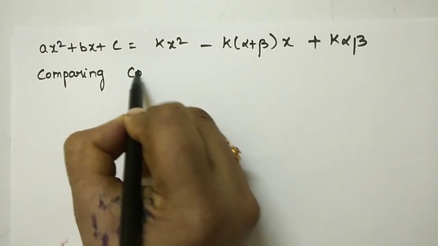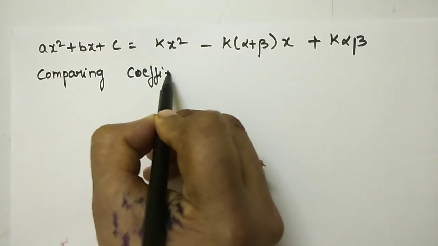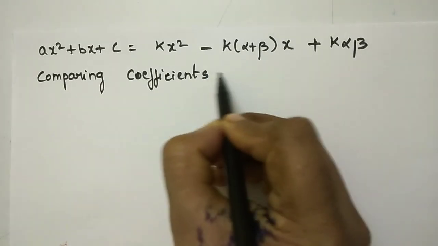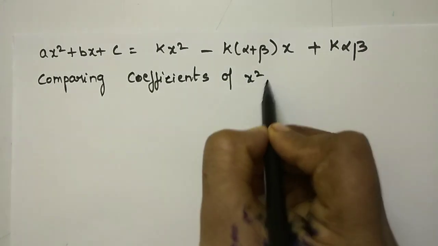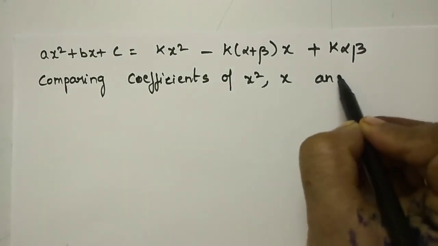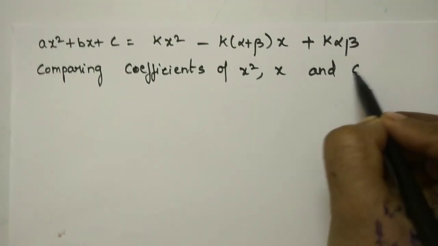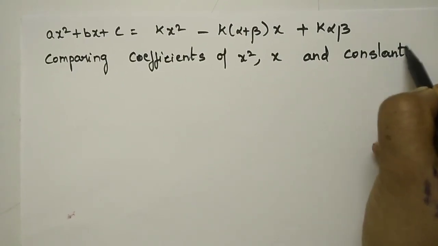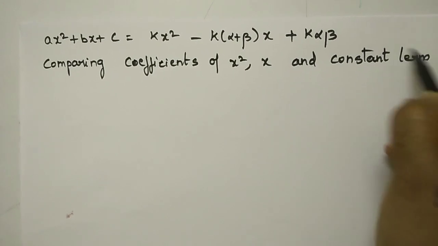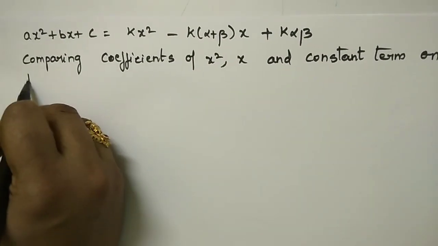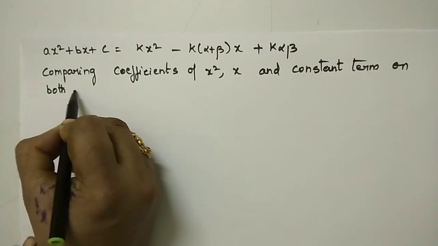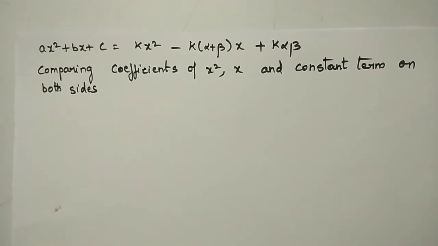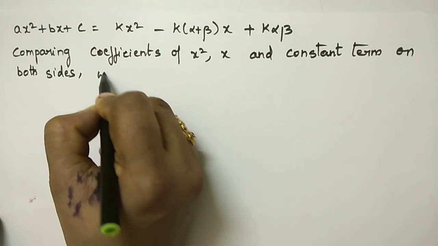Comparing the coefficients of x square, x and the constant term on both sides, we get,